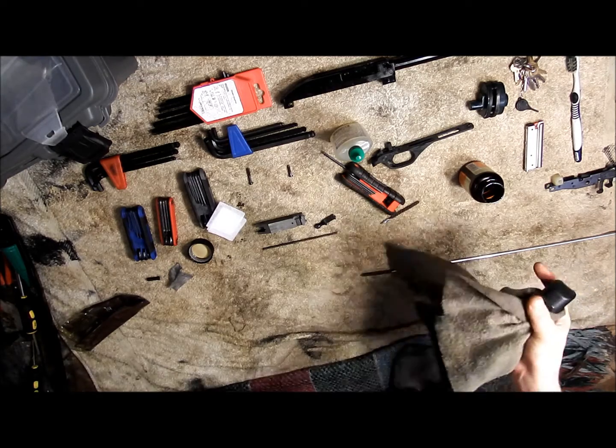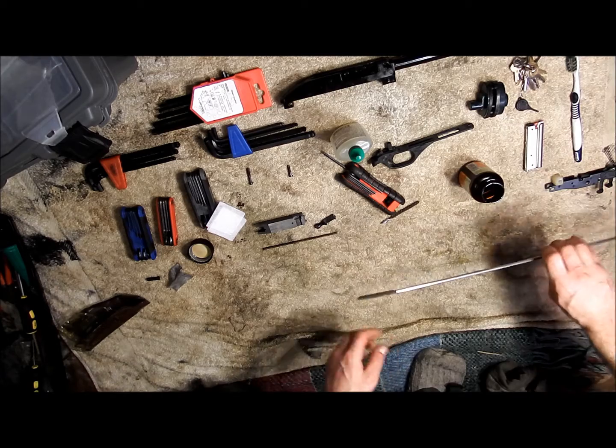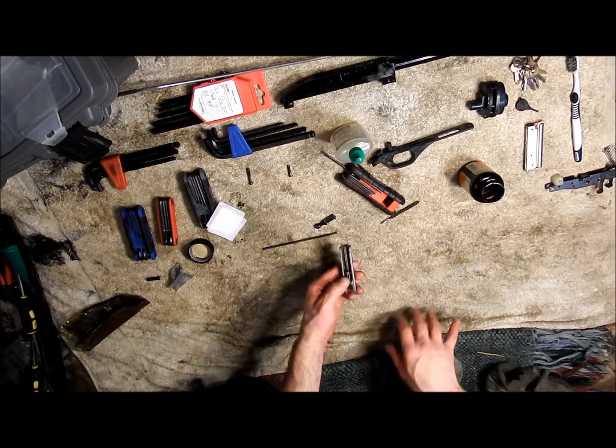So, put that out of the way for the second. The bore brush can go out of the way. We are done with that. Now we're on to cleaning the bolt. This part,